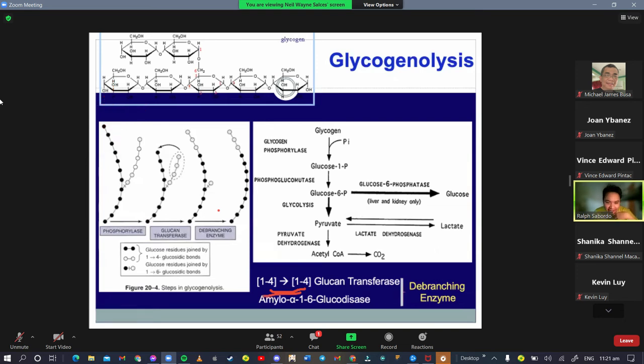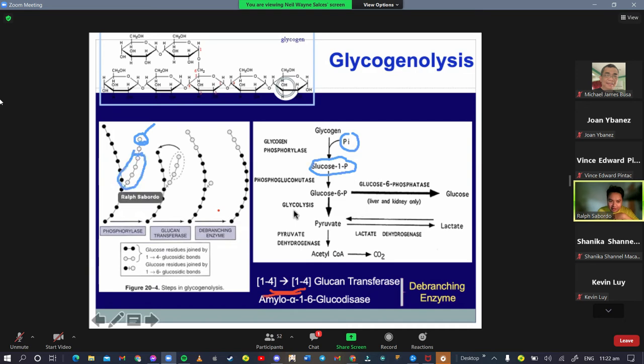Okay, so in here, what it does is that it breaks the alpha 1,4 glycosidic bonds. But how does glycogen phosphorylase do it? It does this by attaching the phosphate to the one carbon of this glucose, then releasing it. So this one becomes glucose 1-phosphate as seen here, until the chain is up to only